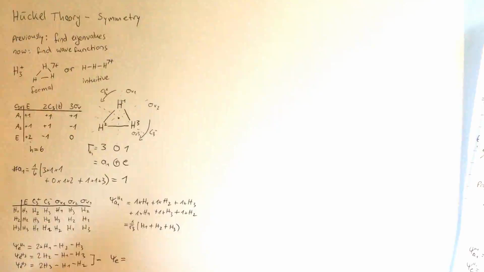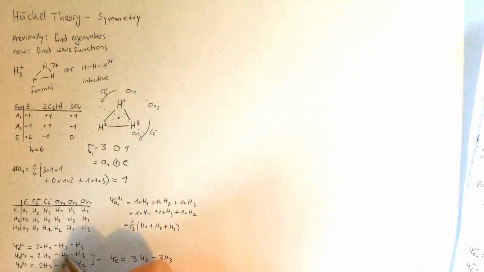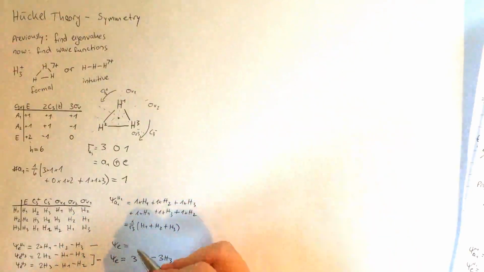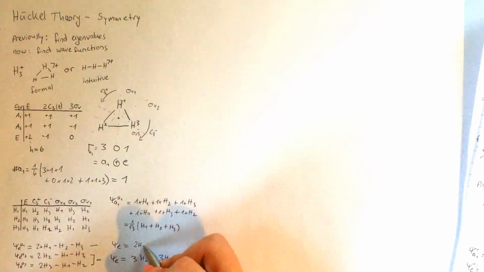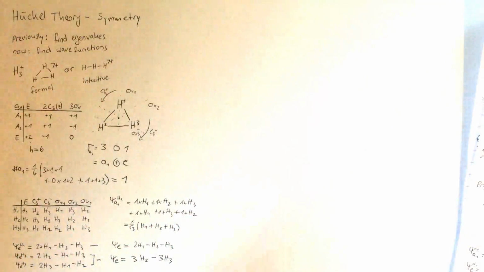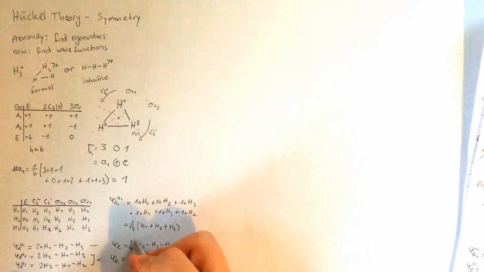I get 3H2 minus 3H3. As I can see, the H1s cancel if I subtract the 2 wave functions. And from here, I have the wave function being 2H1 minus H2 minus H3. Again, I need to normalize them, which gives me a factor of 1 over root 6 here,